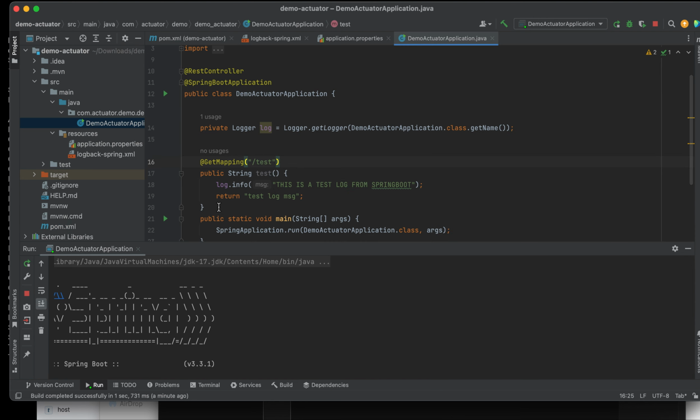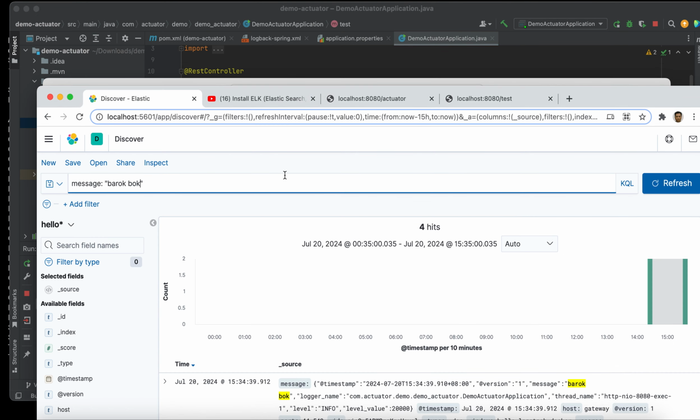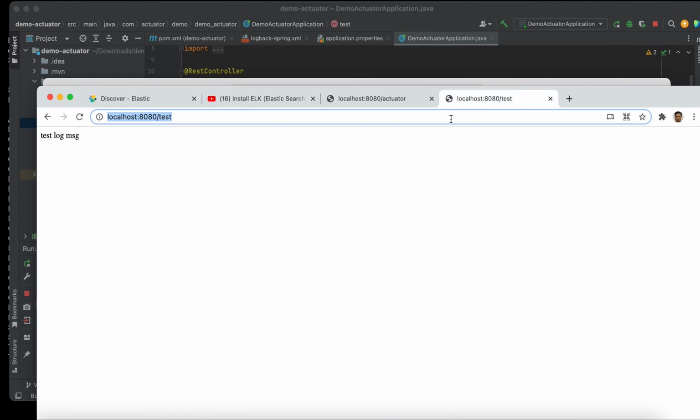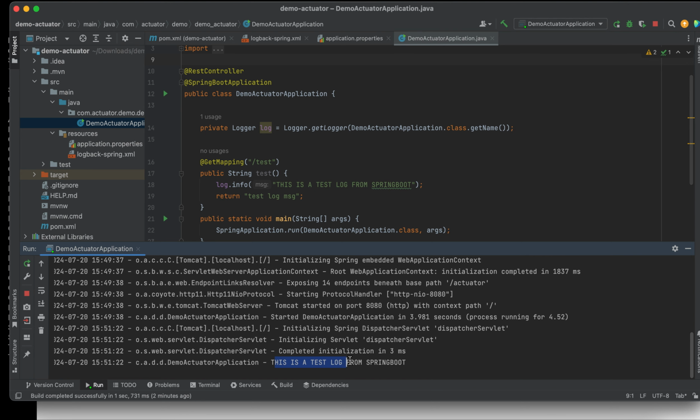I have a simple endpoint here that will log this message: This is a test log from Spring Boot. When we hit this endpoint, we expect we can search for this string in our Kibana. Okay, let's try it. So I already run it. We run the test. Alright, you can see here in the console, basically, this is a test log from Spring Boot.